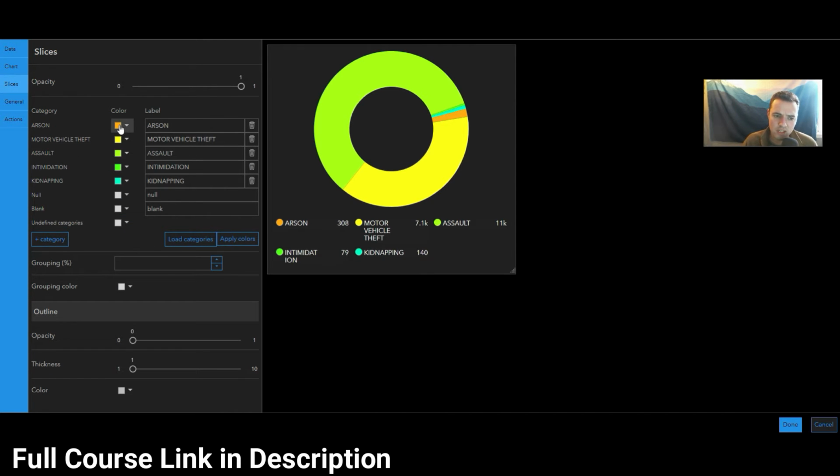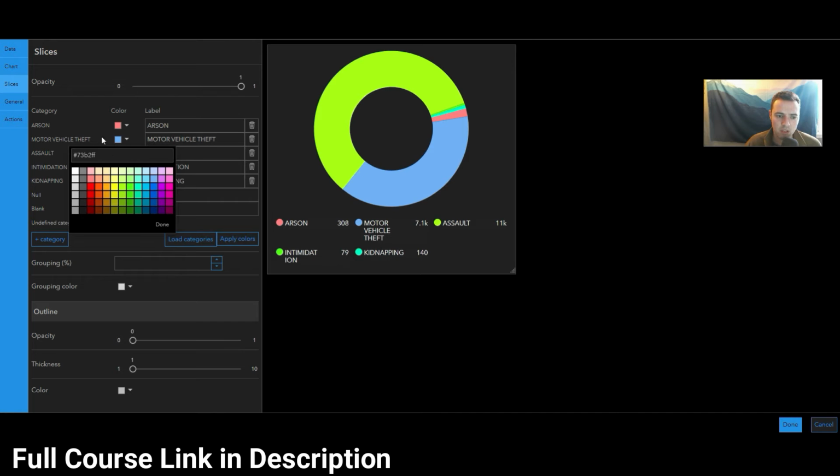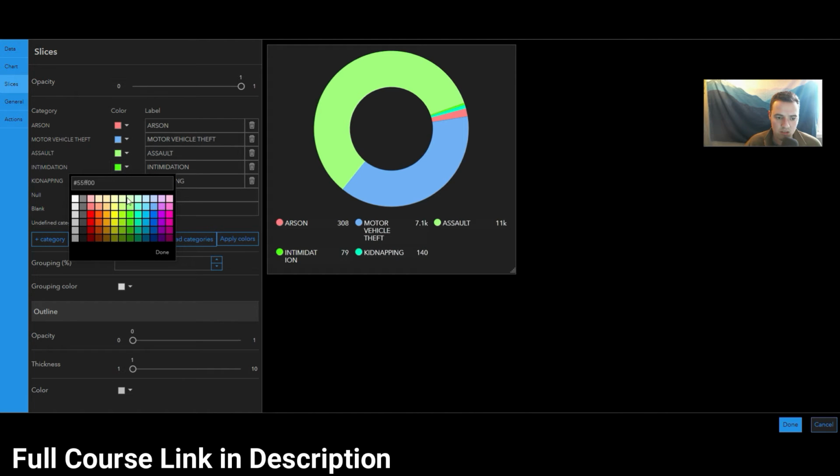What we'll try to do is I like to pick a color from a certain band. So if I'm going to pick this red, then I'll go along and pick associated colors. I like to stay in the second band, so for arson, it's fire, so I'm just going to do a red. For motor vehicle theft, I'll do a blue, and then for assault, I'll do a green, and intimidation,